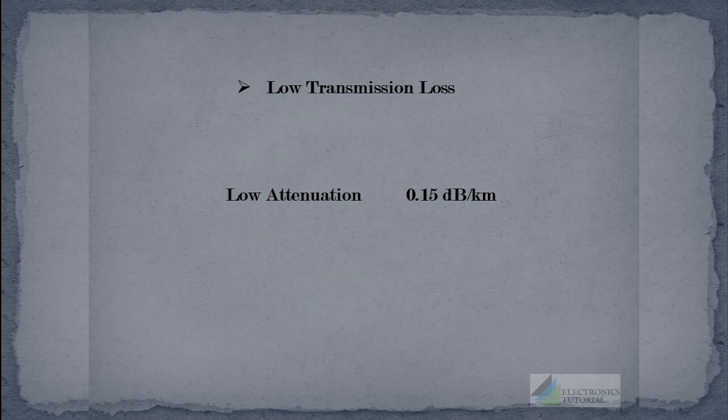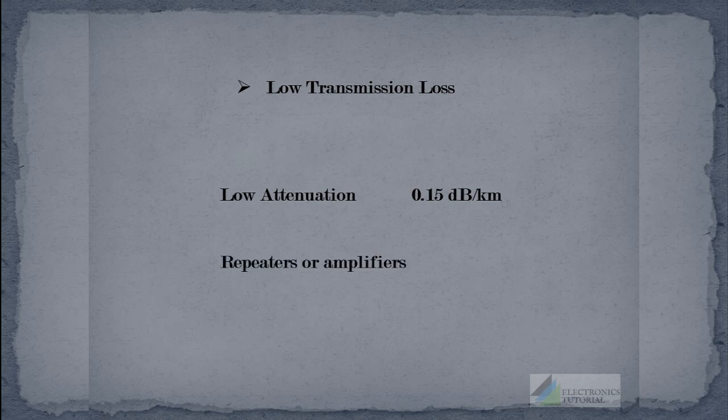Another highlighting fact about optical fiber is that it exhibits very low attenuation in comparison with the best copper conductors. Attenuation is the term used to represent the transmission loss or the reduction in signal strength. The usual attenuation exhibited by a fiber is only 0.15 dB per kilometer. By seeing this number, we can say that it facilitates the implementation of communication links with extremely wide spacings for optical repeaters or amplifiers, thus reducing both the system cost and complexity.